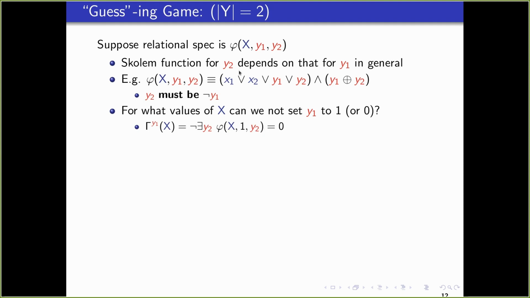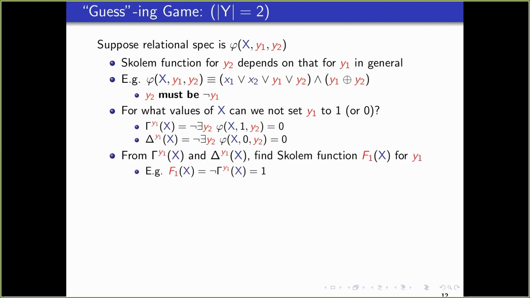Now, in this particular example, it turns out that this simplifies to 0, the false case, which means that there is no value of x where you cannot at all set it to 1. And similarly over here. In general, you can see that there are two options. Either you keep this Skolem function in terms of y2, or you do this quantification of y2 by asking, for all values of y2, what do I get here.